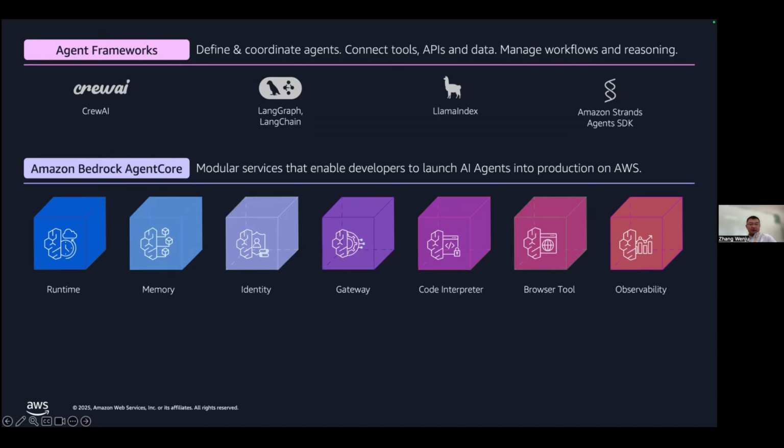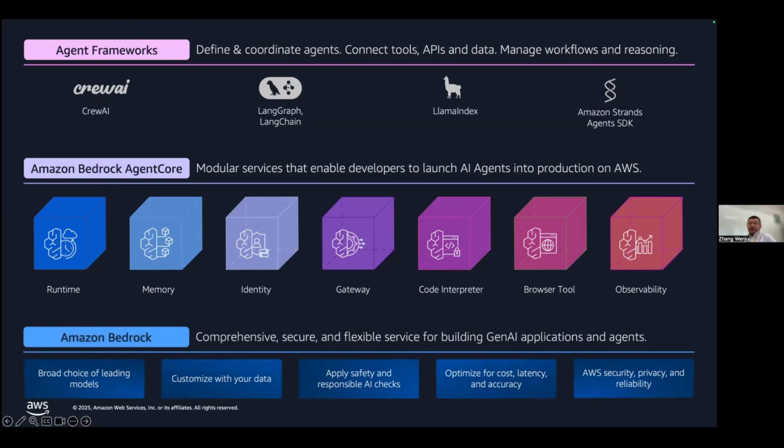This is a simple overview of the mechanism of the AgentCore runtime. And in AgentCore, there are also some other components here. I want to introduce the components for you as well.